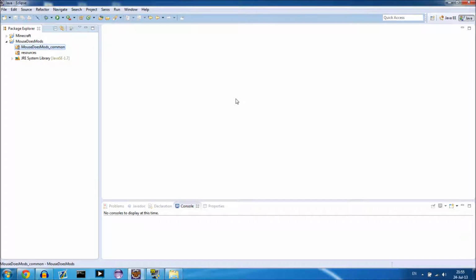And in the next tutorial we will cover how to make the most basic block in the game. And after that we will do some more advanced stuff, but for now we're gonna make the most basic mod